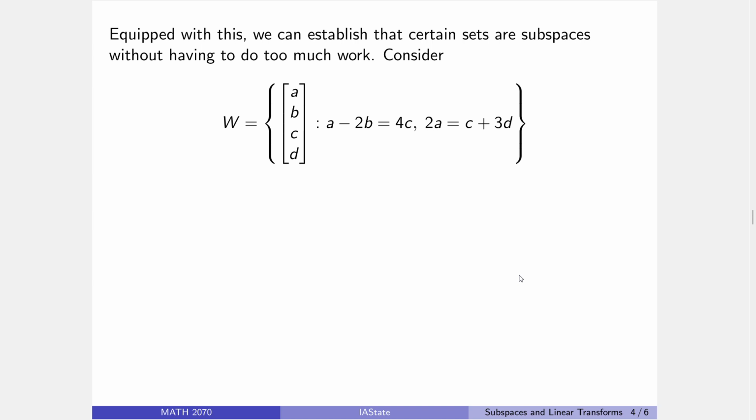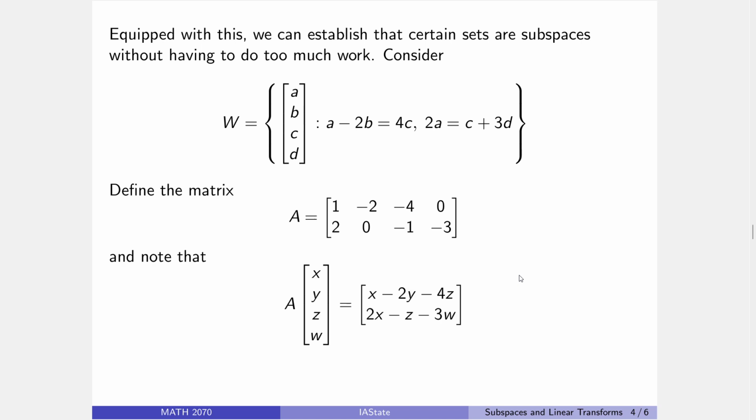Another way of reading that is that the first entry minus twice the second entry gives me 4 times the third entry. And twice the first entry is the third entry plus 3 times the fourth entry. Now, it's not immediately clear that this is a subspace, but if we set up an appropriately sized and defined matrix,